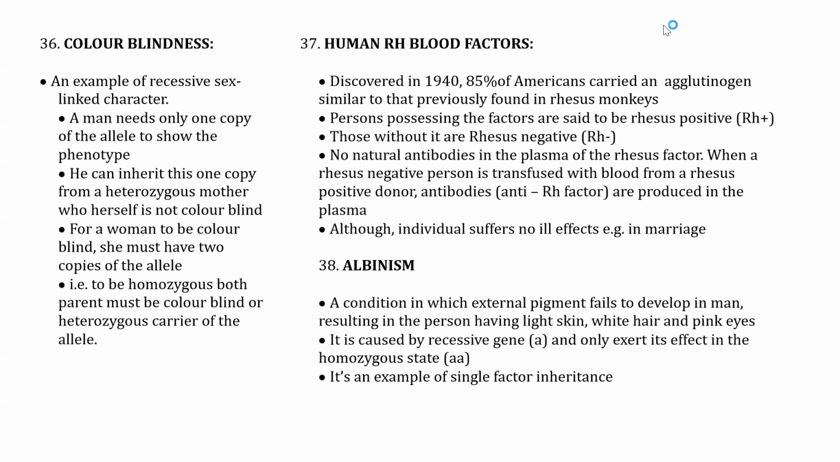It is caused by a recessive gene, small letter a, representing albinism, and it only exerts its effect in the homozygous state. So you will see it expressing itself in the homozygous state. In the heterozygous state, it can be what? Recessive. Remember that? It can be recessive. But in the homozygous state, aa, you have them as full albino. It is an example of a single factor